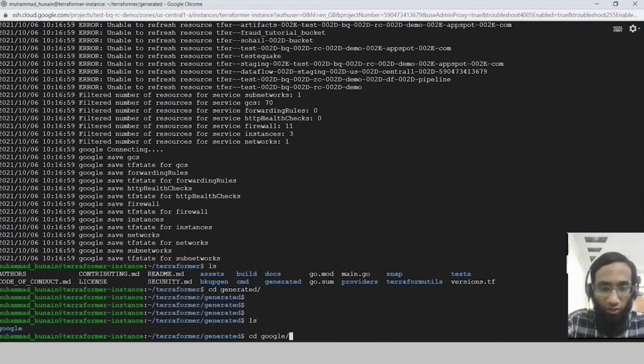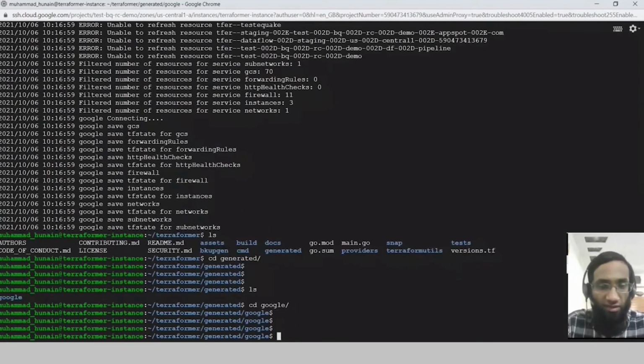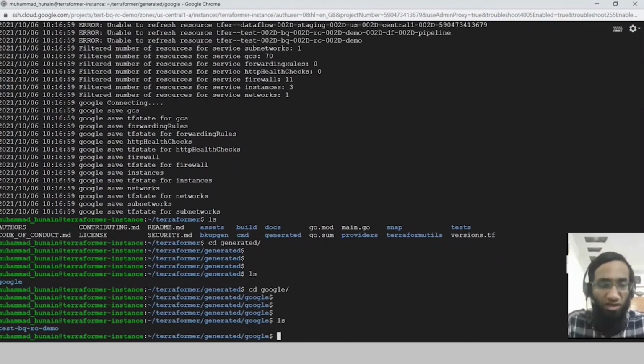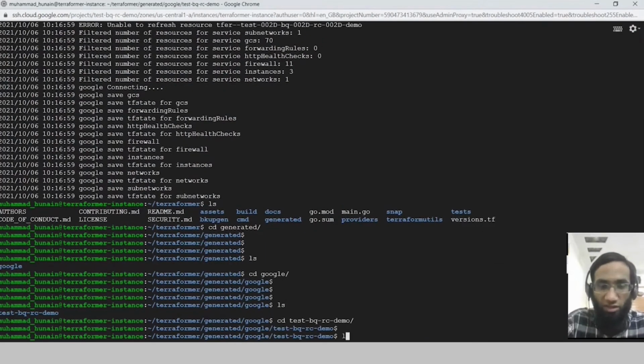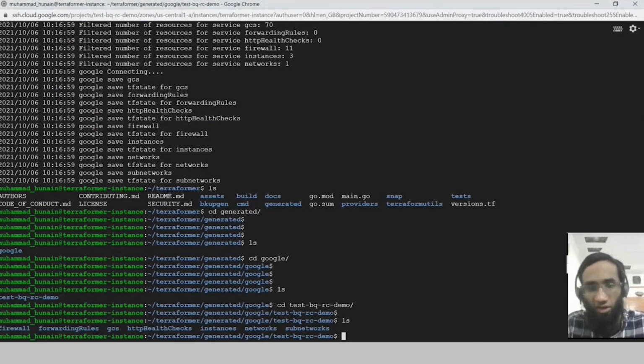If I go into my Google directory, what it does very well is that it distributes by project and region. So even if you have multiple projects and multiple regions, it is going to make those directories accordingly. So now you can see I have firewall, Google Cloud Storage, instances, networks, and so on and so forth.